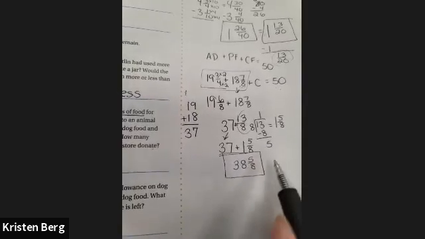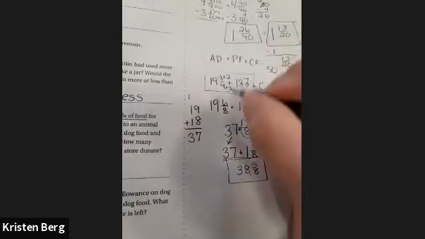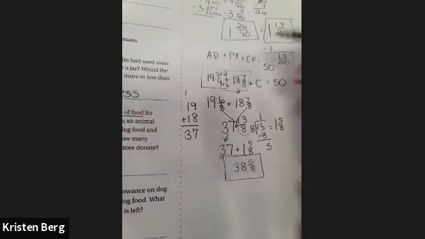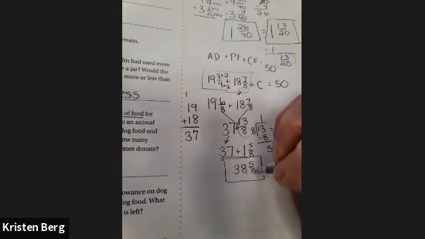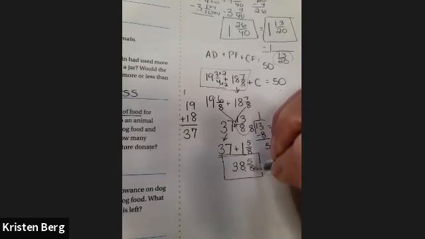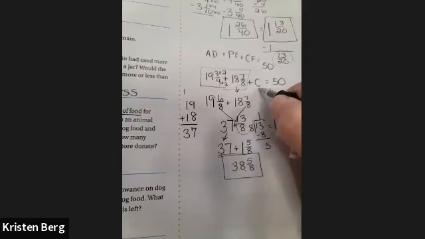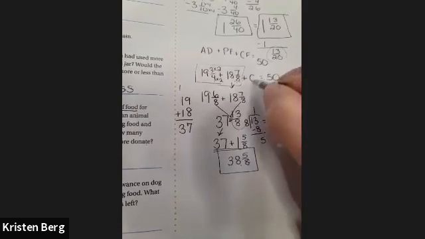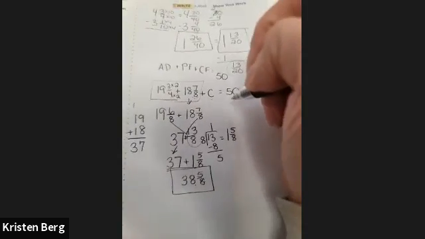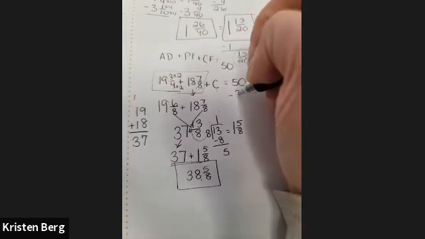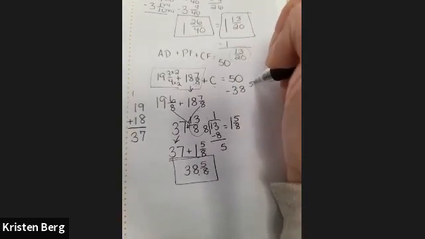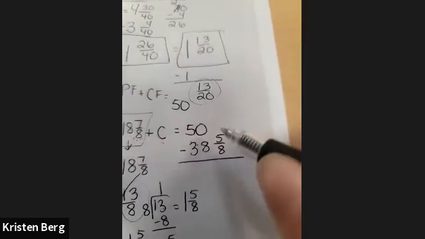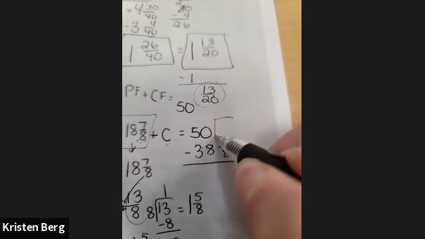All right, but here is how much total that came out to be. So this came out to be 38 and 5/8. So in order to figure out how much is left of cat food, I have to take this off of 50 to figure out what is remaining. So now I'm going to subtract off 38 and 5/8. All right, here we go. So this is how much